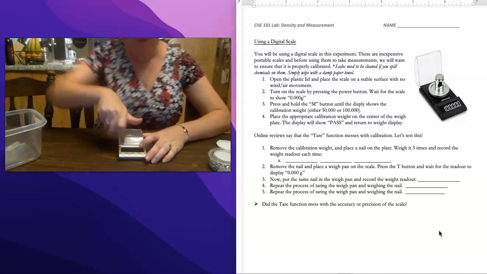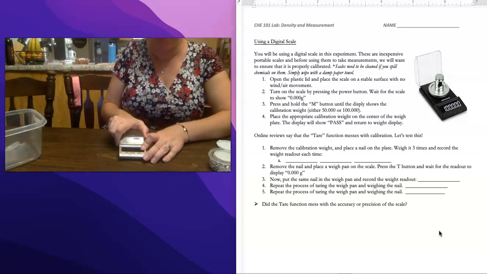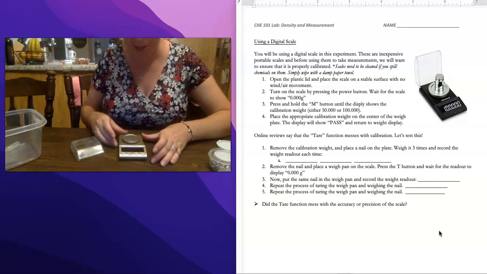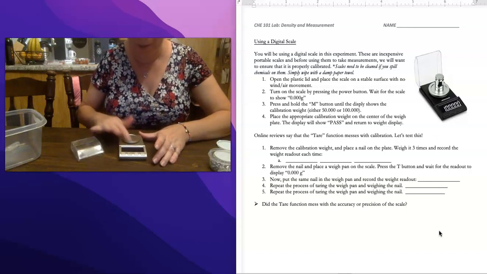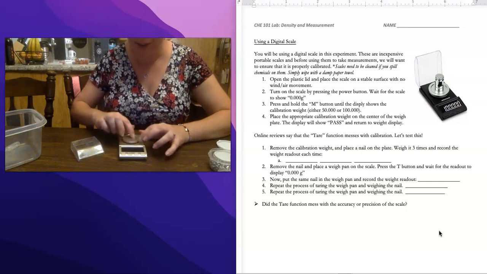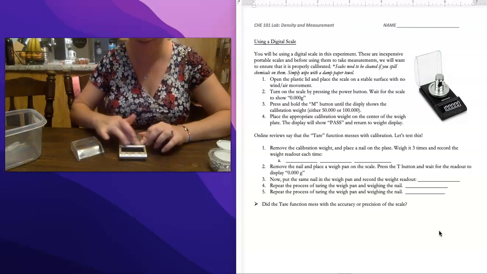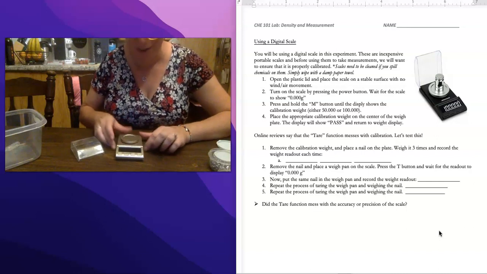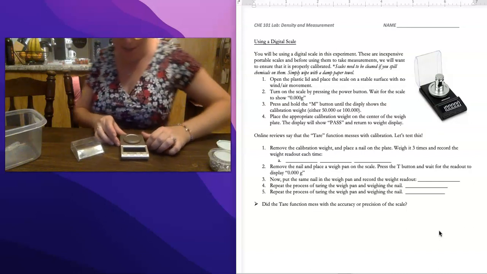All right, so first things first, you've got to open the plastic cap here. It's not going to work if you don't. Sometimes it falls off. That's fine. You want to make sure that your scale is clean and doesn't have bits of chemicals on it. Mine does, and I don't have a paper towel handy, so I'm just wiping it with my hands. Not the best policy, but